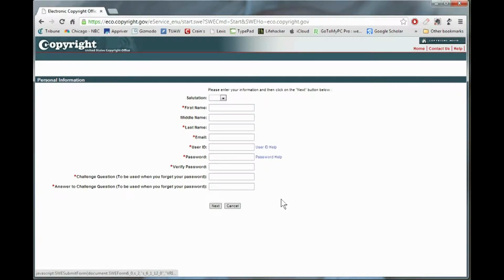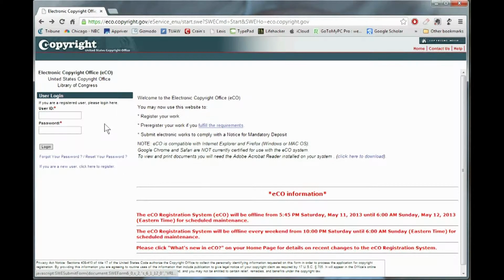There's really no obligation. The only time you pay for anything is when you're actually registering a work. You complete your application, and then before you upload the work itself, then you pay. Currently, it's a $35 fee per registration. So what I'm going to do is actually go ahead and log in,